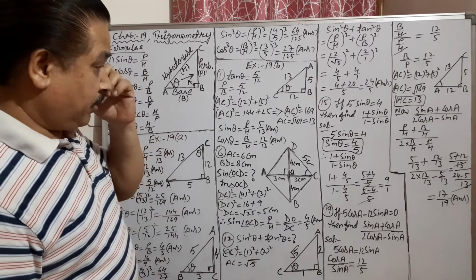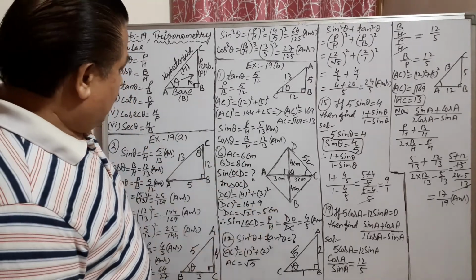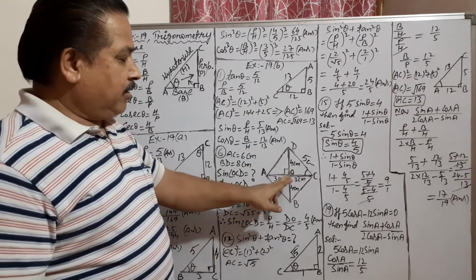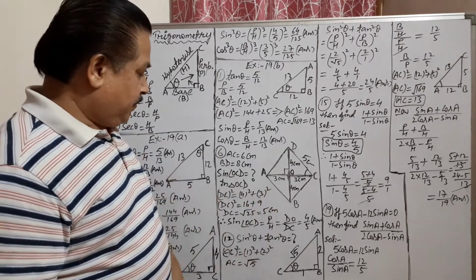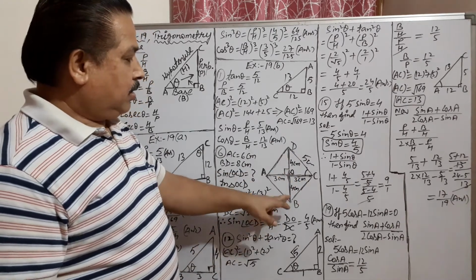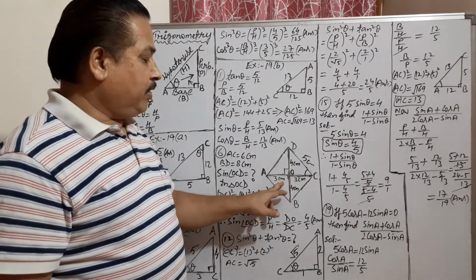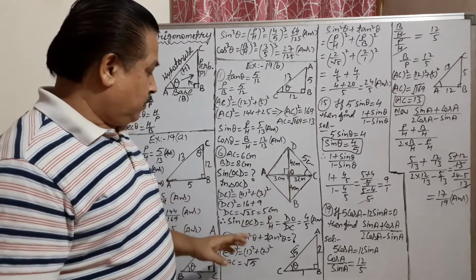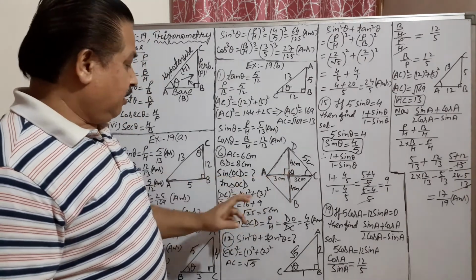Now see question number 6. In question number 6, there is a given figure. This figure is actually a rhombus. ABCD is a rhombus. Rhombus diagonals are given. AC and BD lengths are given. AC is 6, BD is 8. So diagonals always bisect in a rhombus, you know that. They will be divided into equal halves, 3 and 3. Similarly, this 8 will divide 4 and 4. And diagonals bisect each other at 90 degrees, right angle.